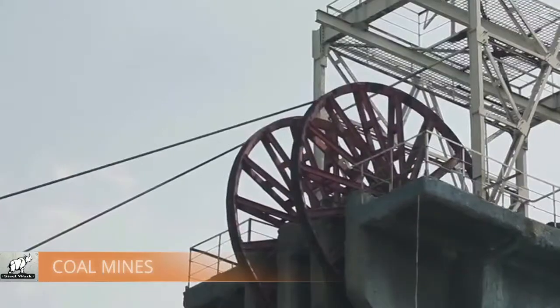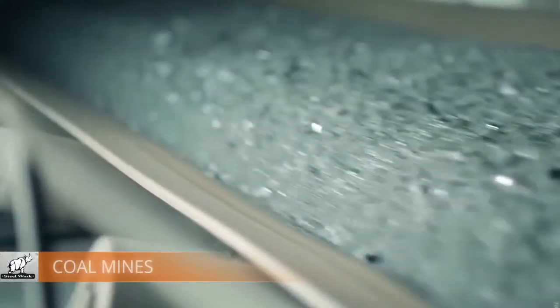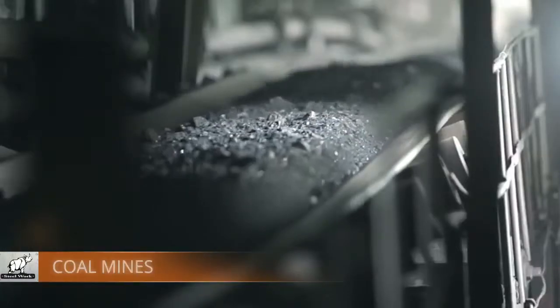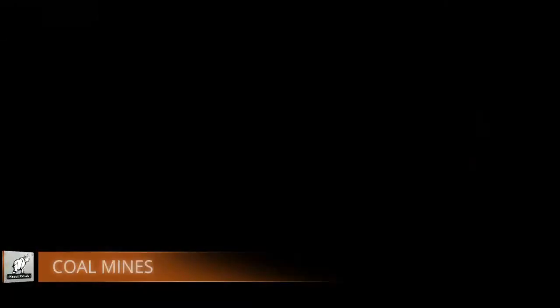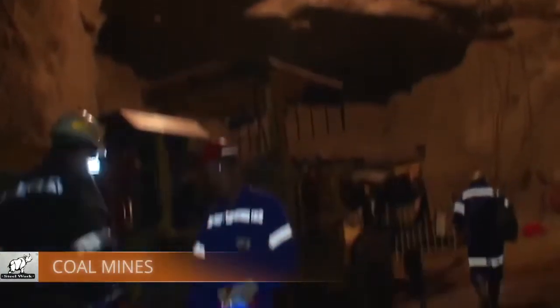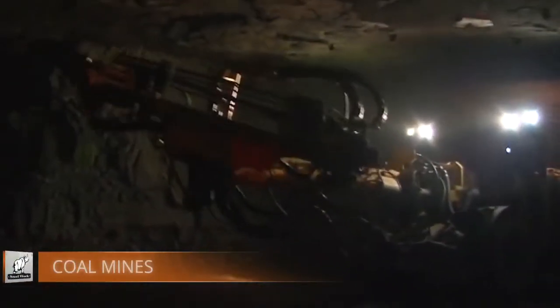Welcome to one of 10 mines of Pavlograd Vuhilya, the largest coal mining enterprise in Eastern Europe. Pavlograd Vuhilya is a member of the DTEC group of companies. Conditions underground are entirely different, specific, and any kind of repair that we make underground is especially dangerous. That's why the extension of the runtime of coal mine equipment is not only economically important, it is a matter